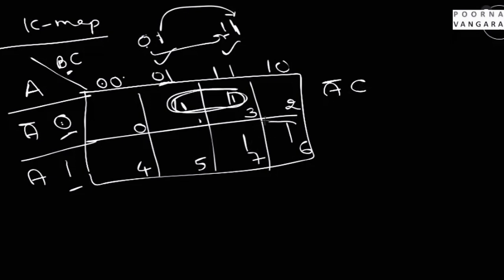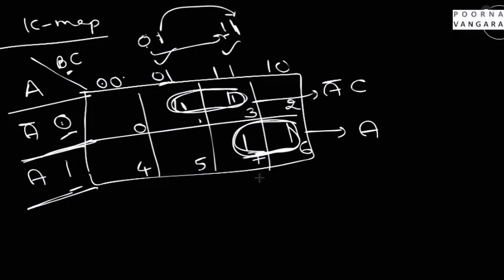Similarly, if you look at these two, they are adjacent to each other. You can group these two. When you group these two, for this group, this particular row is indicated as A. There is no change in A, so it is fixed to A. So you can write A as it is. Next, this particular group is covering these two columns. One is 1, 1 and the other is 1, 0. From these two, the first variable B is maintaining the same value 1, so you need to write B.